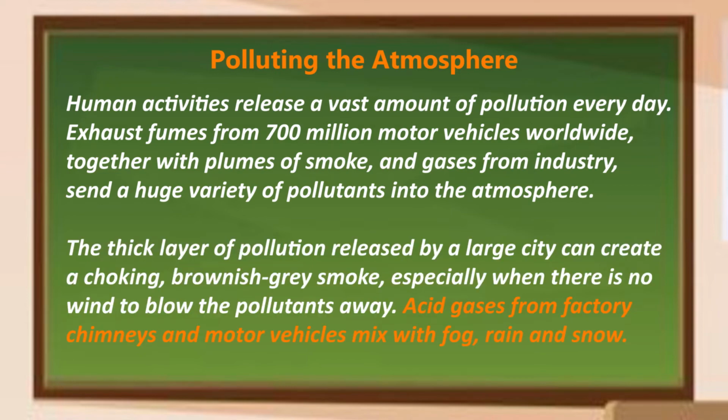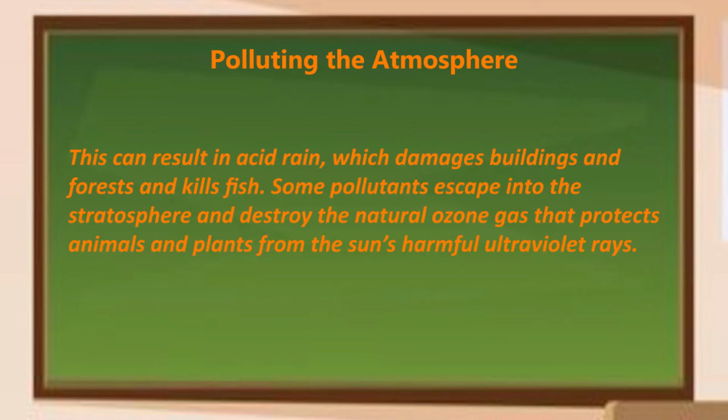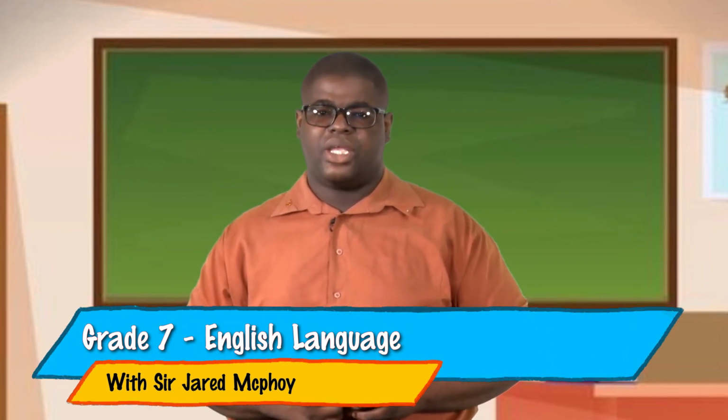Acid gases from factory chimneys and motor vehicles mixed with fog, rain, and snow can result in acid rain, which damages buildings and forests and kills fish. Some pollutants escape into the stratosphere and destroy the natural ozone gas that protects animals and plants from the sun's harmful ultraviolet rays. Now I want you to read this passage again, because remember, you want to ensure that you